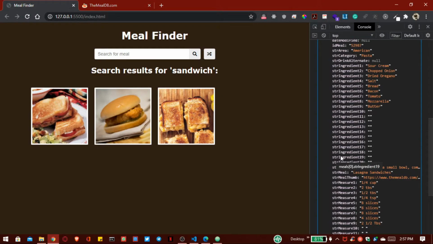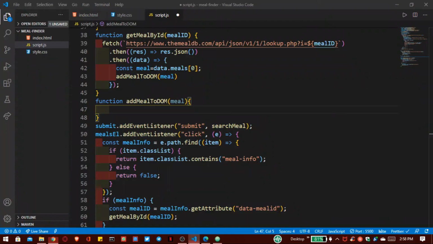But there is a problem, because this API provides these ingredients and these measures separately. So we have to connect them, like sour cream 1/4 cup, chopped onion 2 TBS. For that we have to generate a for loop to combine all of these together.